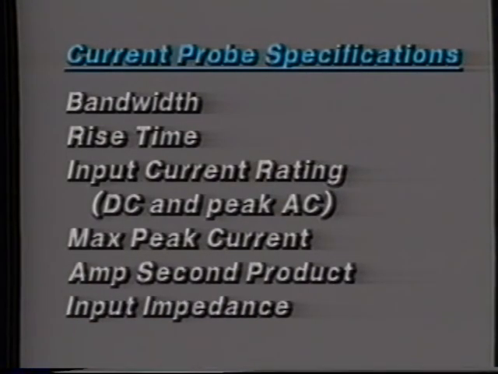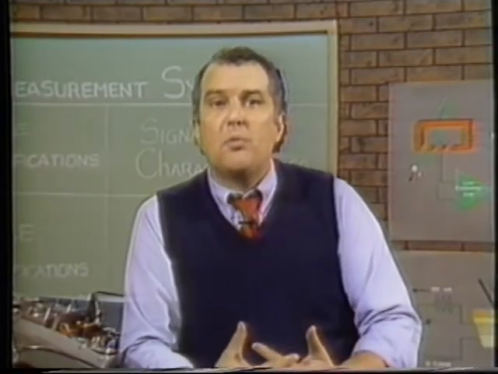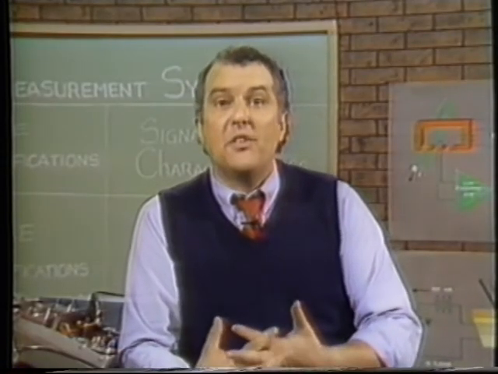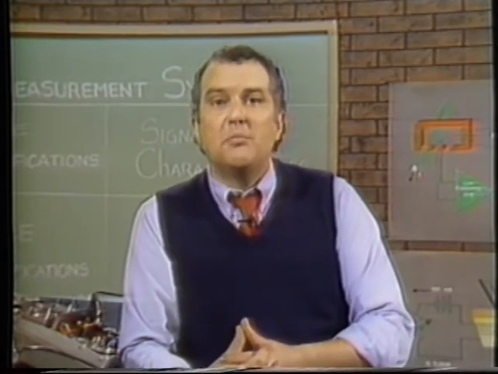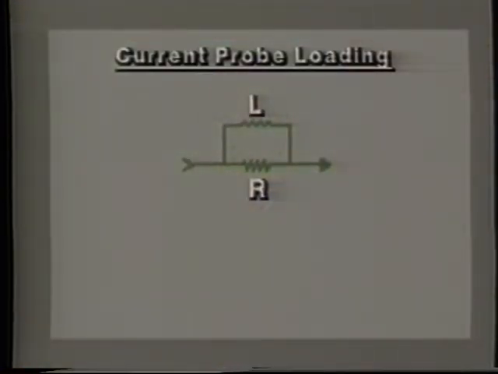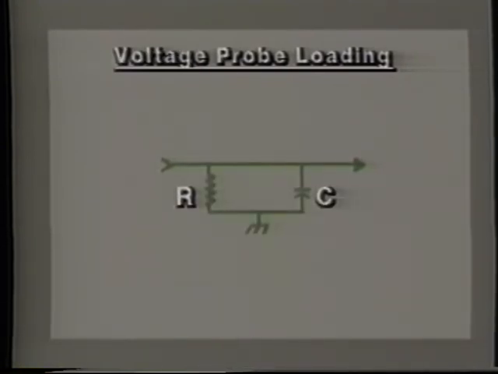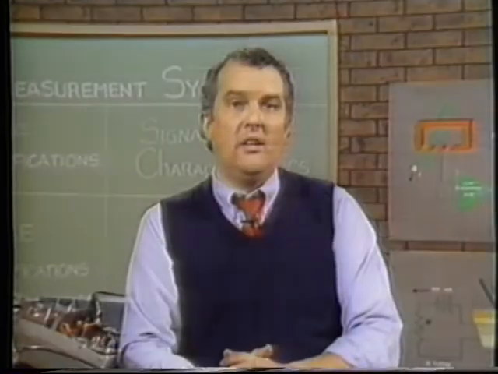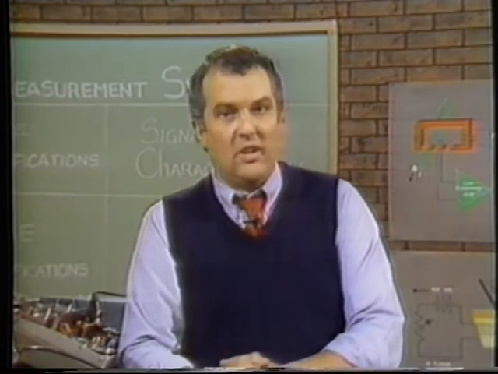Note that input impedance is still a concern even for current probes. By transformer action, current probes magnetically couple another circuit to the circuit under test. When we attach a typical current probe, we add a series impedance of about 10 milliohms shunted by 6 microhenries. Now that is a significant difference between current and voltage probes. Current probes add a series resistance inductance to the conductor under test. Voltage probes add a shunt resistance capacitance to ground. Sometimes this factor of series instead of shunt loading is a good reason in itself to select a current probe